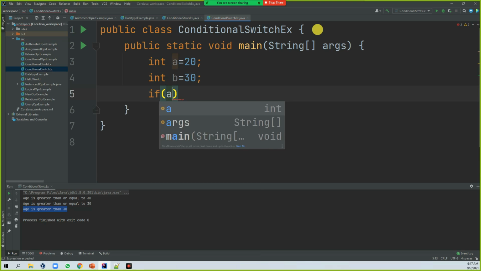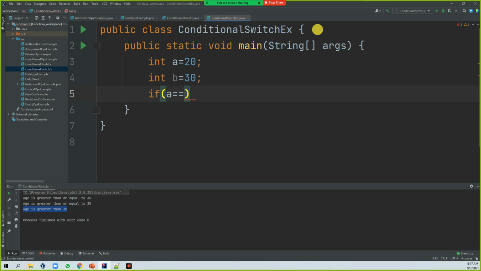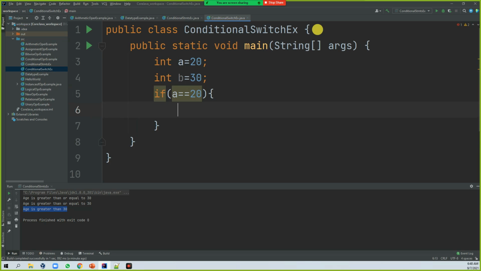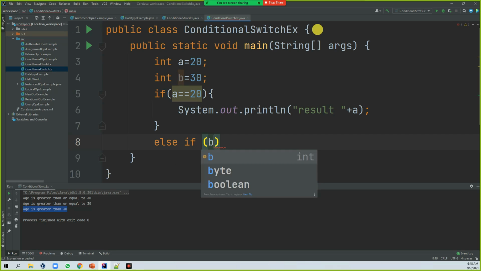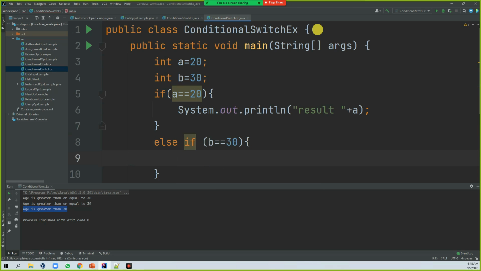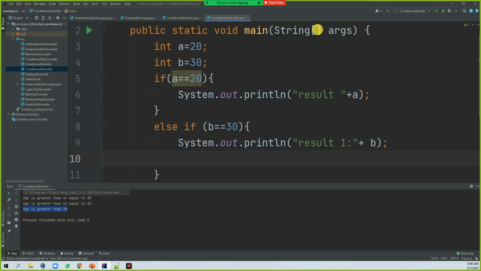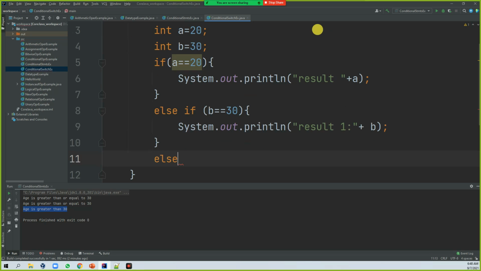if a equal to 20, then display it as result a, else if b equal to 30, System.out.println result 1 plus b, else